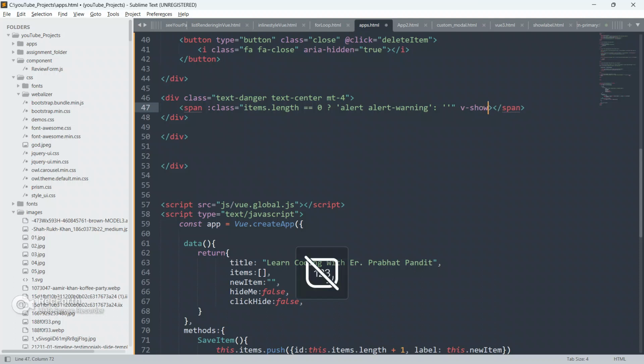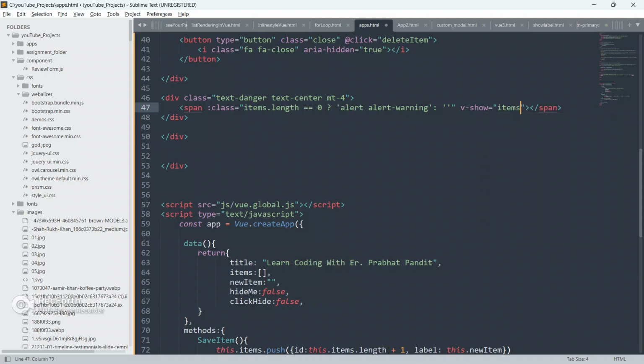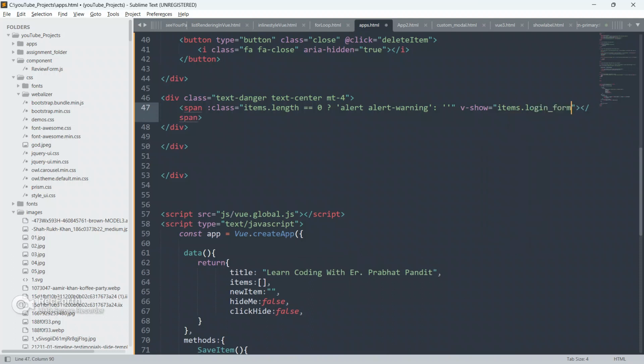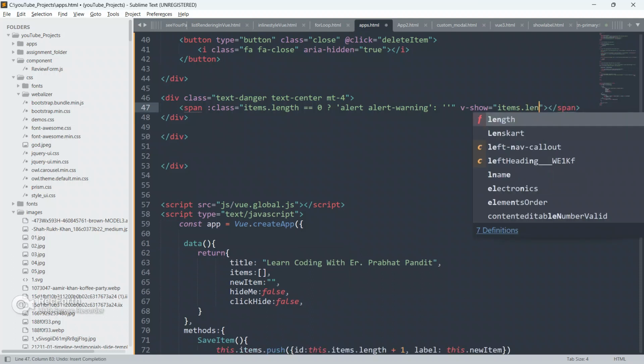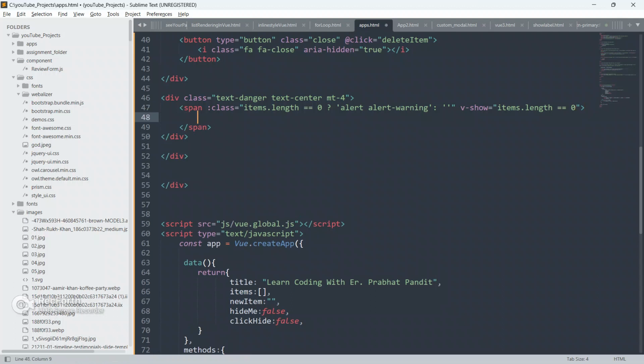And we will also use v-show. We will show items.length equal to 0.